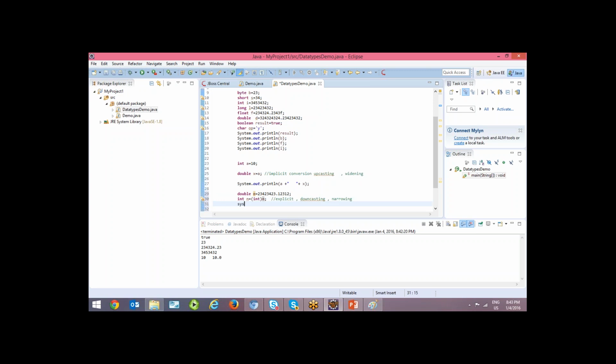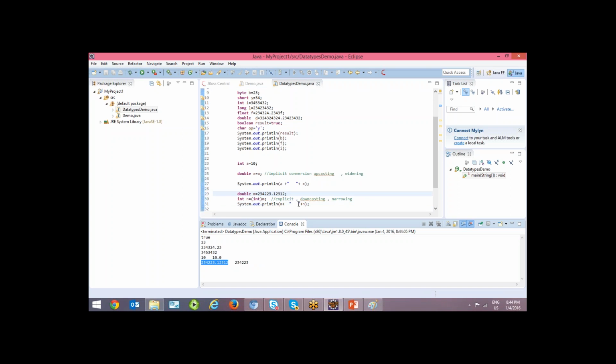Let us print both values, m, then n. You can see the result. See, this is showing in exponent format because its range is very high. So let me take some smaller range value. This is a double value it is showing. When it is converted into integer, it shows only the integral part.